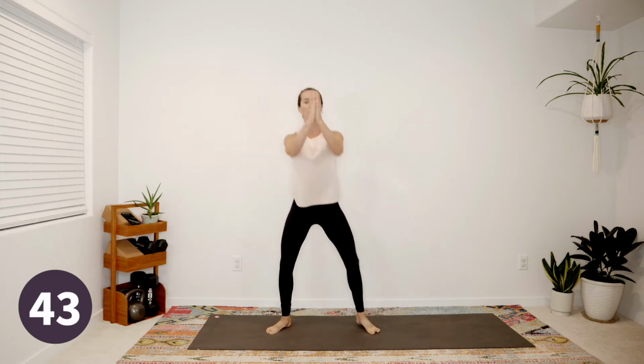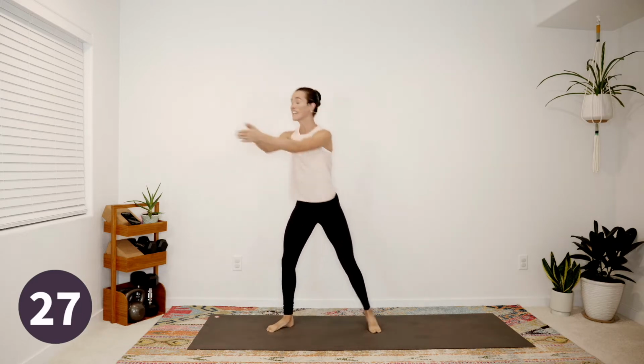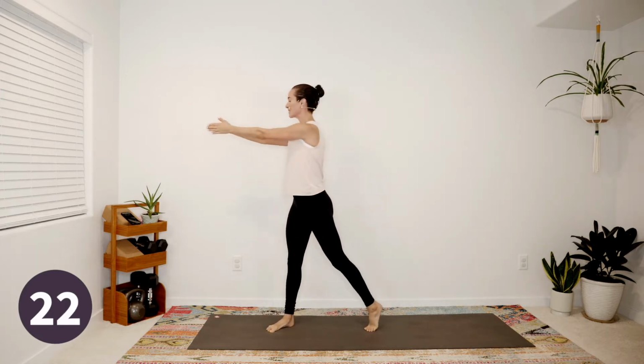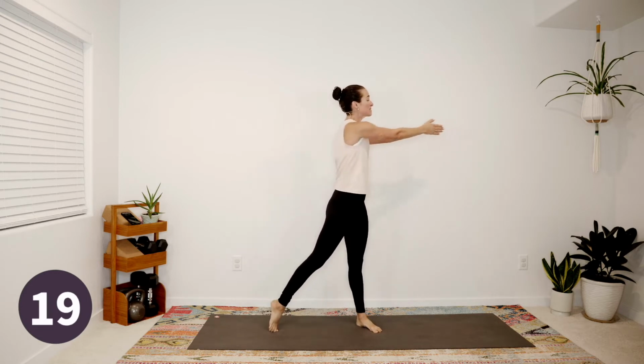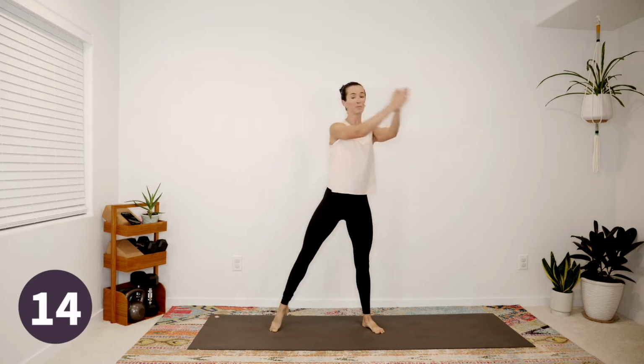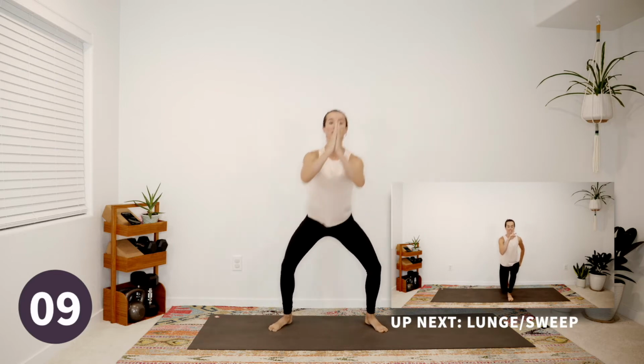So in this practice, we're looking for a steady state effort, a low intensity steady state effort. What that means is you're not moving extremely fast, but it is a rhythmic pace that you can breathe through. So a good gauge is whether or not you can keep your breath in and out through the nose, or whether you could carry on a conversation. It should feel like a nice and easy pace, something that you could keep up for a long period of time. So we've got about 15 more seconds, and then we transition right into our next exercise, which is going to be a reverse lunge